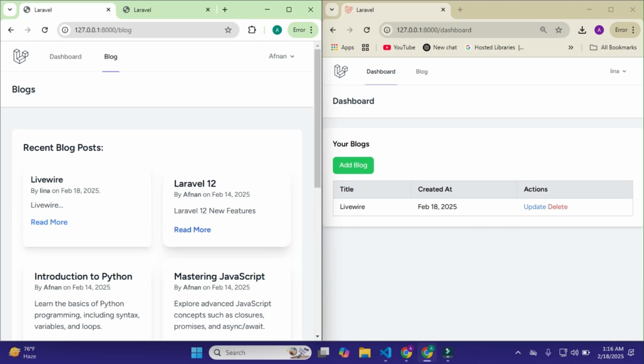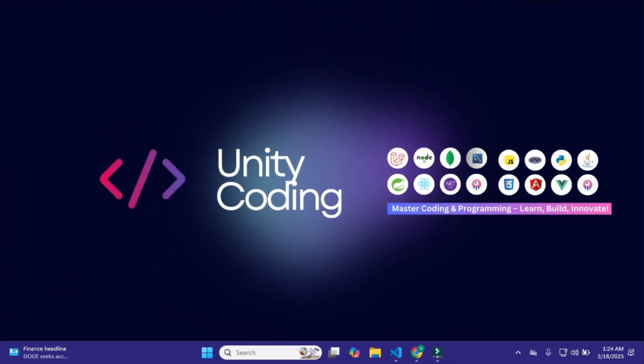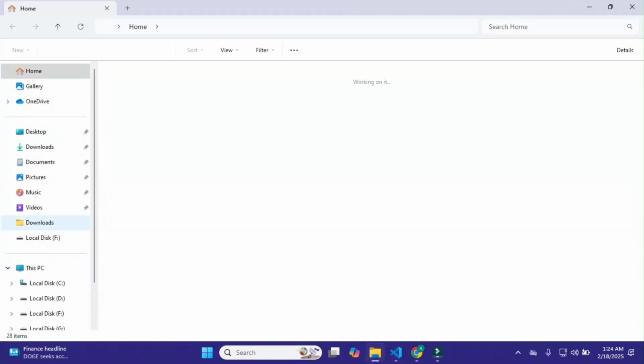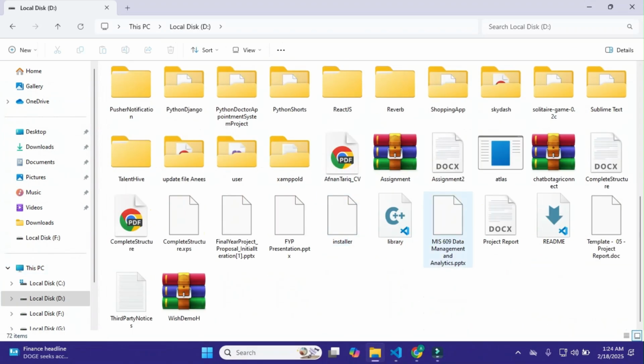Okay, now we can make this whole blogging application again. So let's start. First of all we simply create a new Laravel project, and for this I'll open my file explorer and go to my Laravel projects directory where my Laravel projects are.